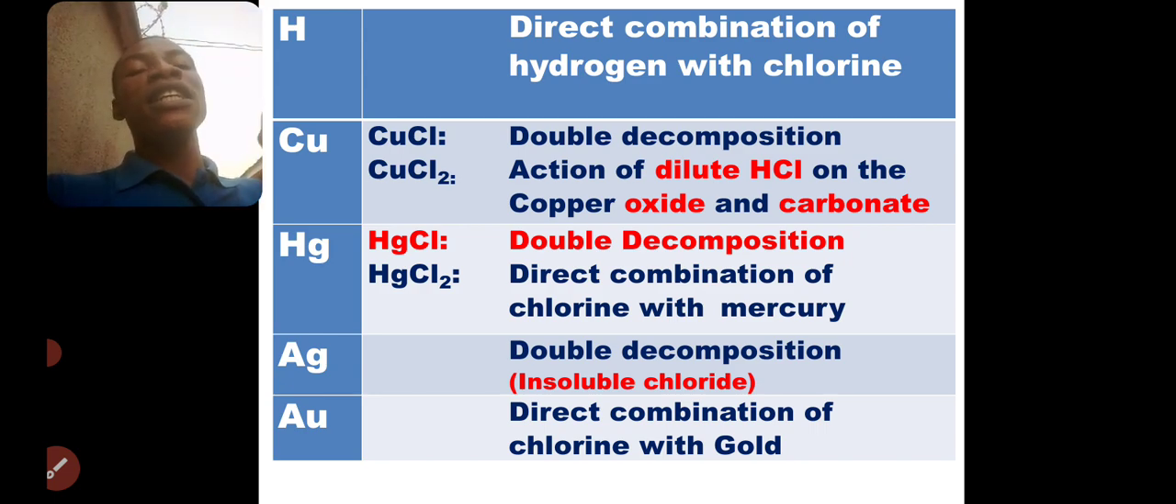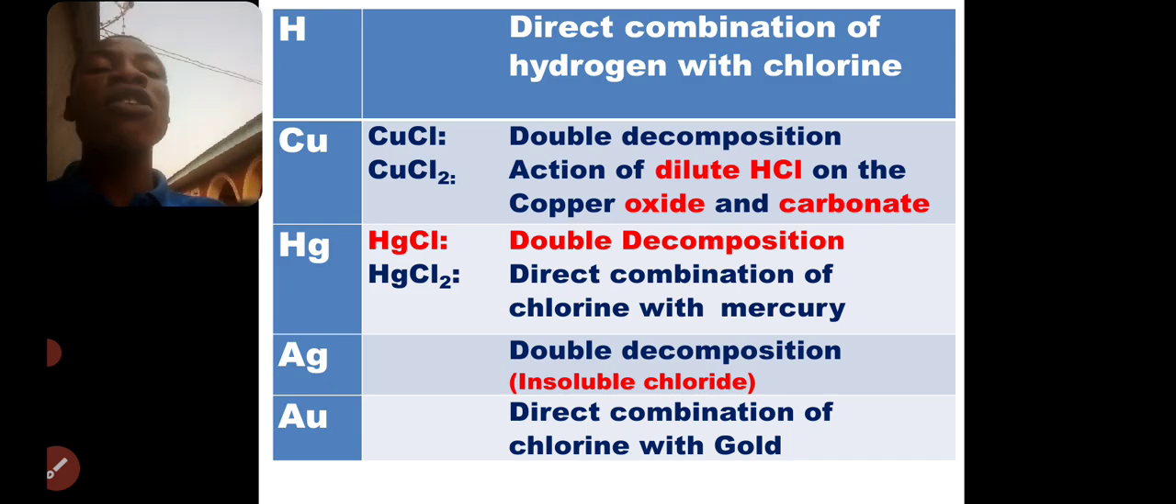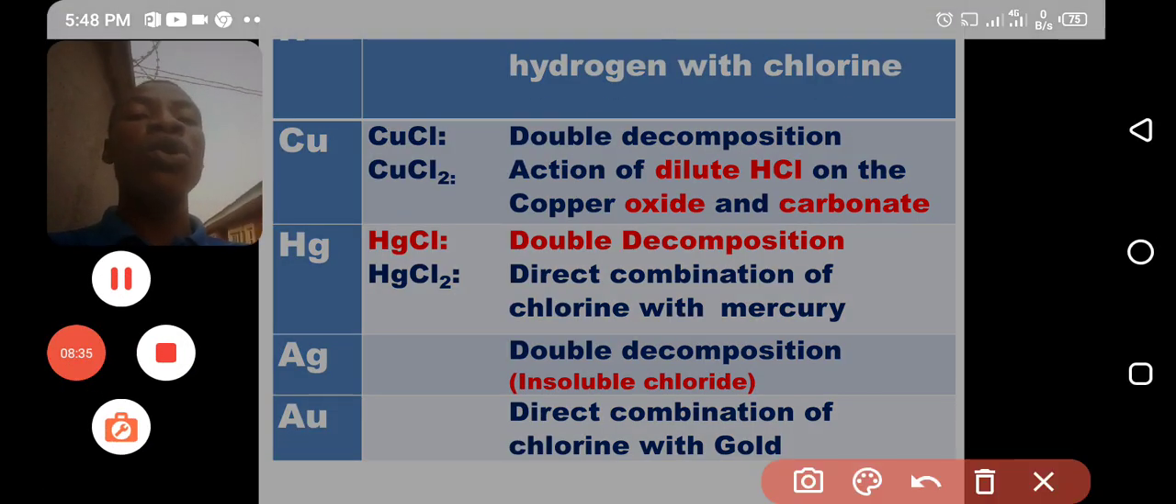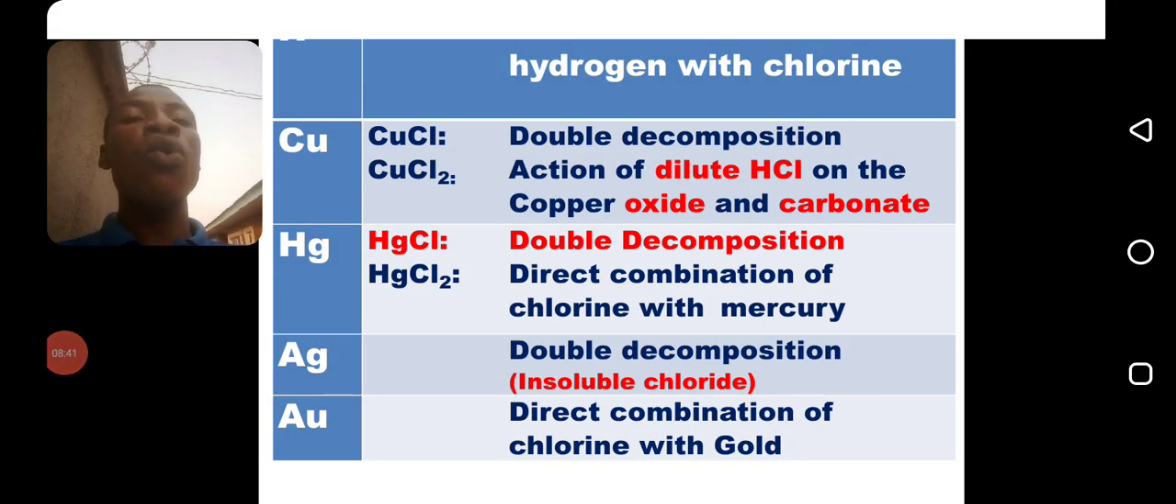Copper 2 chloride is the only soluble chloride of copper, so you can prepare it either by burning copper inside chlorine, or by reacting copper oxide with dilute HCl. Note that you cannot react copper with dilute HCl because copper cannot displace hydrogen from HCl, but you can react copper oxide, that's CuO, with